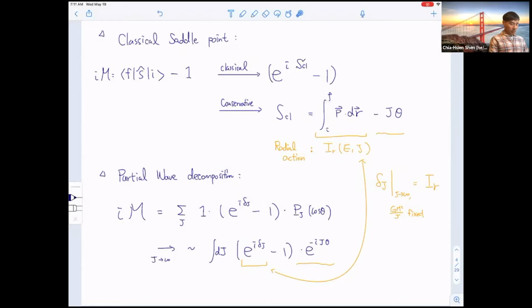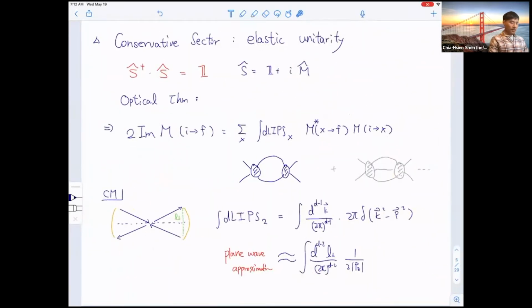So where does this partial wave decomposition come from? It's coming from unitarity. So in the conservative sector, in general, the amplitudes, of course, are unitary, which leads to the usual optical theorem, where you relate the imaginary part to the cross section, and you have to sum over all the possible states. But in the conservative sector, we can only focus on these two-particle states, ignoring all this radiation part. So this phase space can be easily understood in the center of mass frame, where the incoming and the outgoing momenta are the same, simply because of energy conservation.